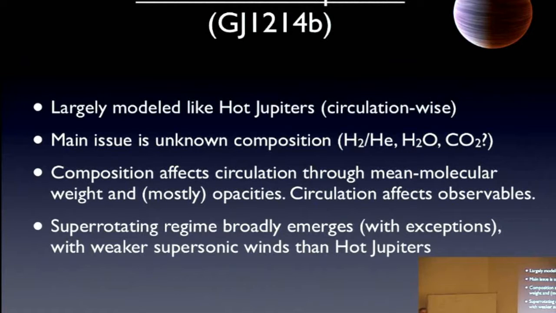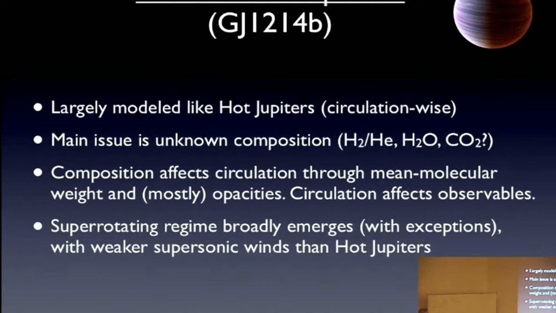So an interesting topic for atmospheric modelers is: can you use the atmospheric circulation to discriminate? If you model the atmospheric dynamics of a molecular hydrogen atmosphere, a water atmosphere, or a CO2 atmosphere, do you get a different circulation regime or different observables you could use to discriminate between